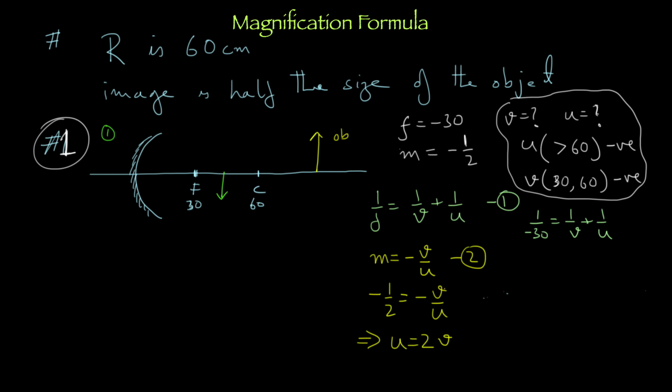Is that okay, guys? So what do we get next from here? From this step? Minus 1 by 30 is equal to 1 by v plus 1 by 2v, right? Equal to minus 45. Now, can you see that once we are in this formula mode, we are not even going and doing that what is negative, what is positive. We are just using the values given and we are going to get an answer.